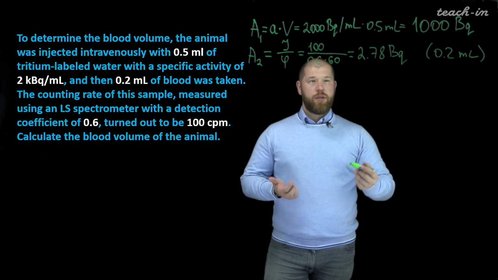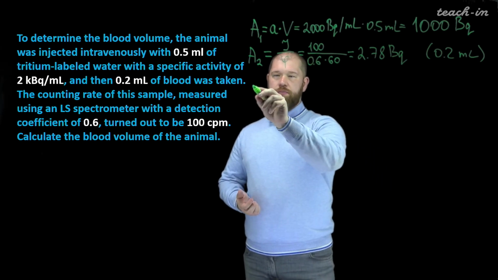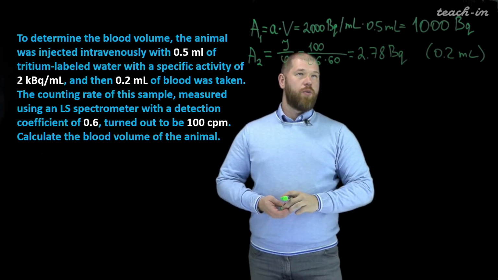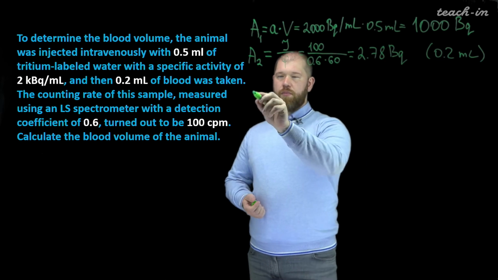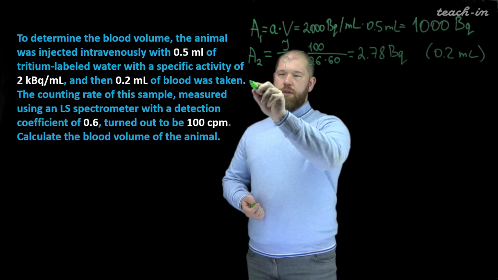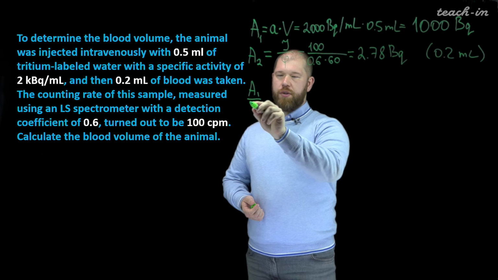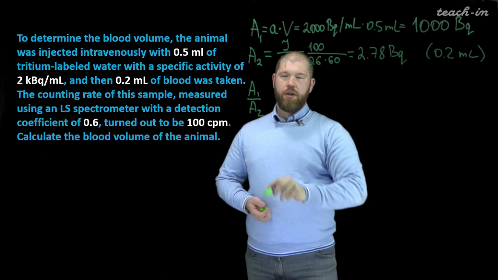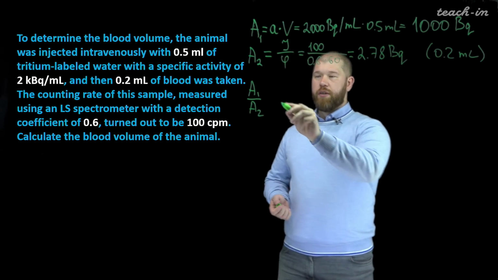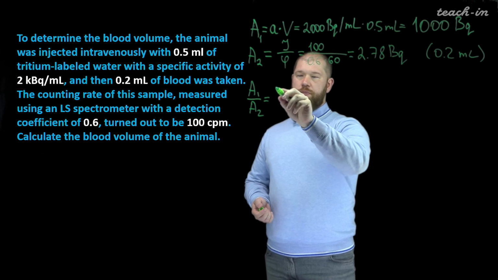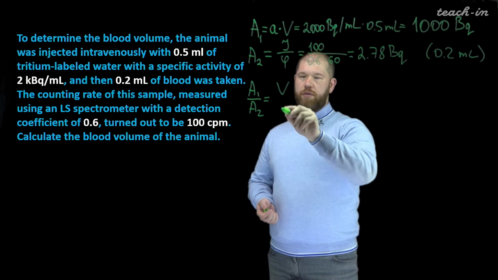So the activity of our sample, it is the relationship between this activity will be the relationship of the whole blood, let's say